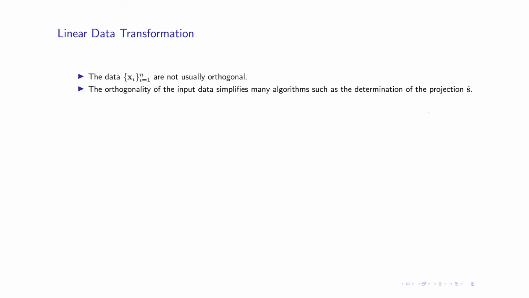So the orthogonality of input data simplifies many algorithms, such as determination of the projection of a vector. If your input data are orthogonal, that means that its autocorrelation matrix is diagonal. So you don't need to invert the matrices, and you don't need to perform complex processing. So one of the things that many applications do is linearly transform their data in order to decompose the input components to make them